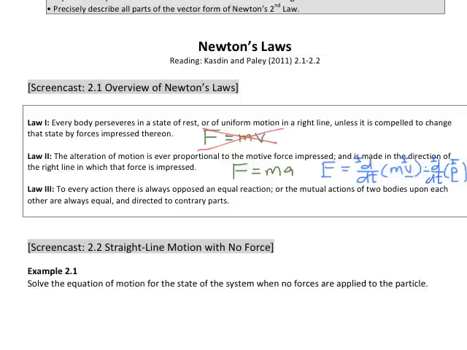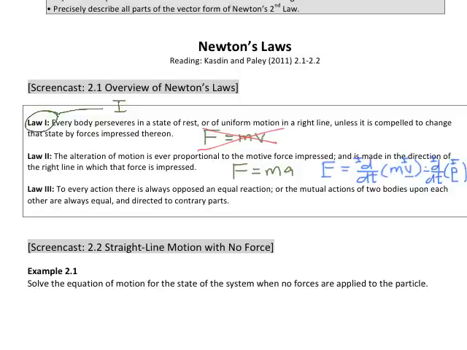Now, one last interesting piece about these first two laws and the concept of an inertial reference frame is that Newton had stated that the frame that we need to observe motion needs to be fixed according to the stars, whatever that means. And we quickly found out, after that was published and people began to run their experiments, that the first law also defines an inertial reference frame. So this defines what we're going to call I, because an inertial reference frame doesn't have to be fixed. It can be moving, but it has to be moving in a particular way. It has to be moving in a straight line at a constant speed.